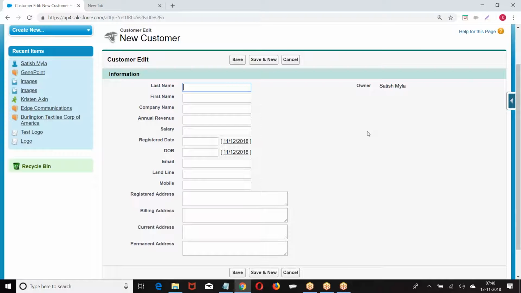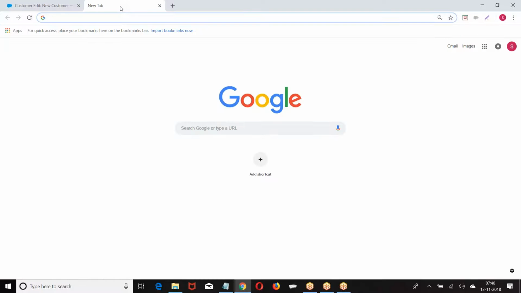Now, there is a sensitive data, boss. Let us say my PAN number. When I want to enter my PAN number, it is a sensitive data. I don't want everybody to see this. The bank has to hold my PAN number, but that should not be visible to my bank staff. I don't want to show the data to the people.